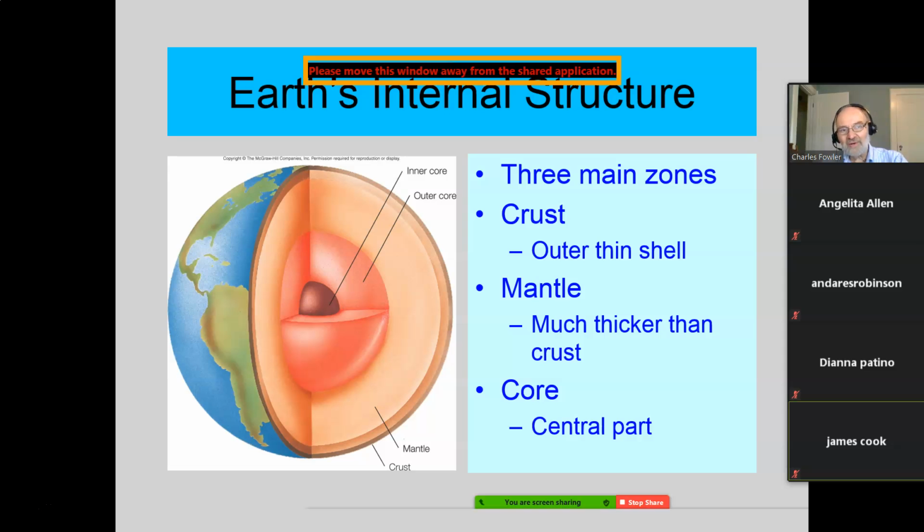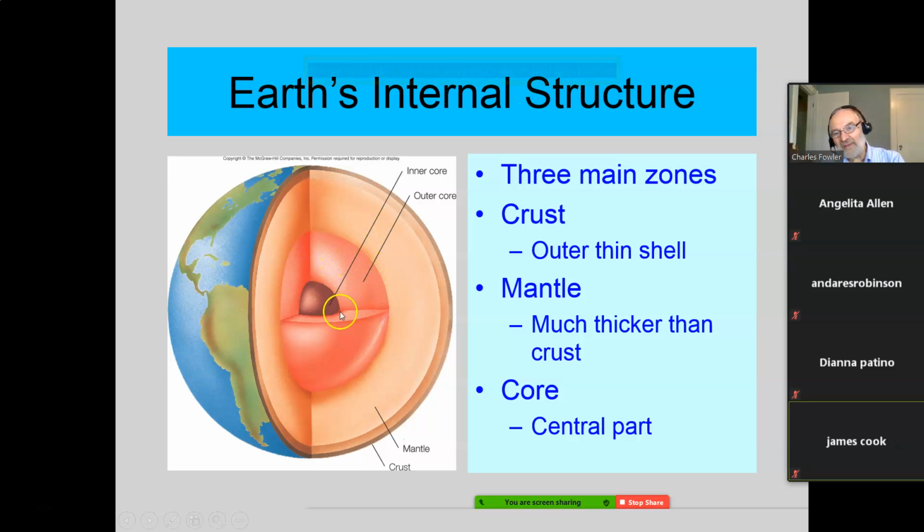Very good illustration here. I'll tell you a few things that are faulty about this illustration. This looks like everything is a nice smooth boundary. It's not. It's rugged, it's jagged, it protrudes, okay. It's not nice and smooth like this. Neither is this one here. That's not a nice smooth boundary between the upper mantle and lower mantle. It's jagged, it's ragged, it protrudes, it does all sorts of stuff. This is not a nice smooth boundary here between the mantle and the outer core. No way. It's ragged, it's jagged, it's rough, there's a lot going on there.